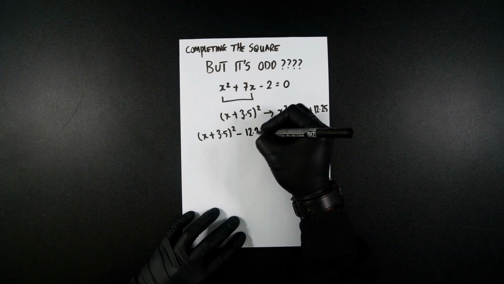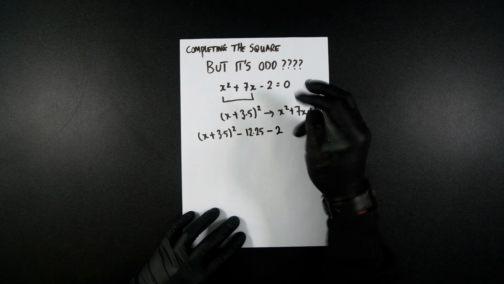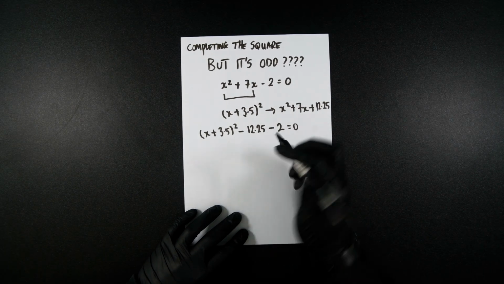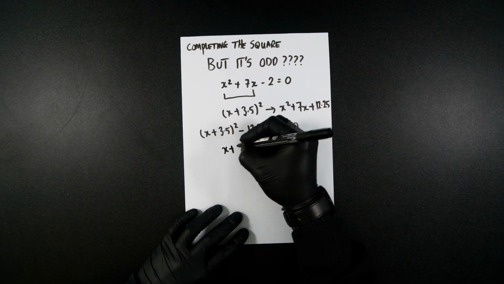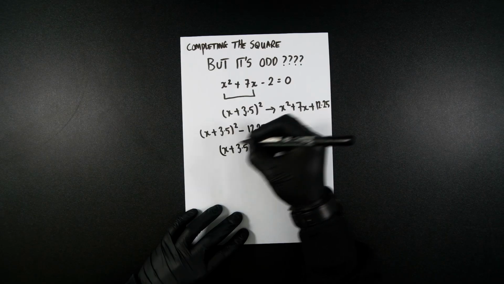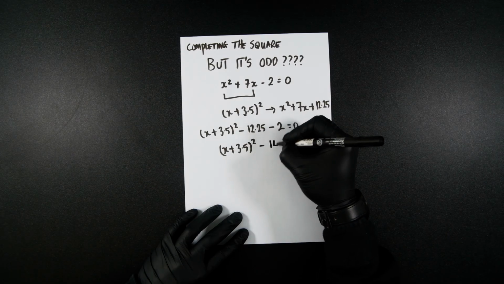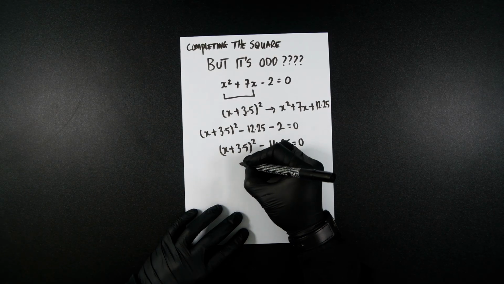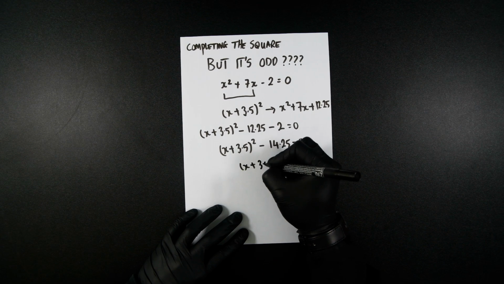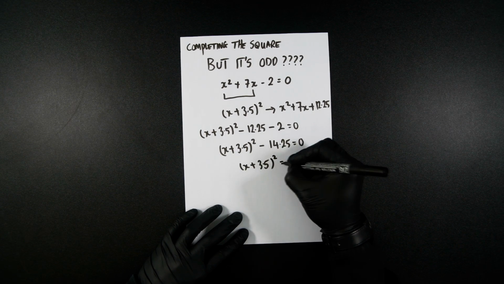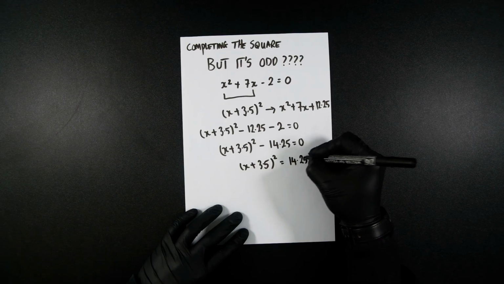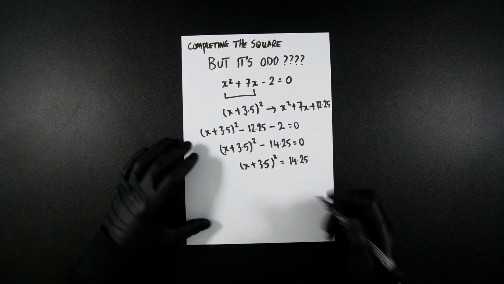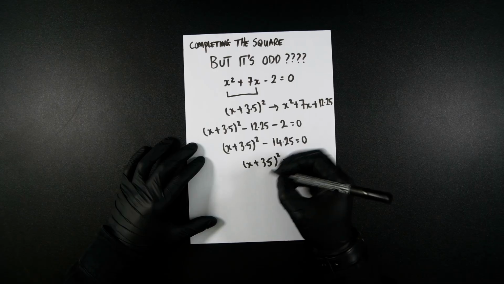minus 12.25 minus 2, not forgetting that, would equal 0. Now we can clean up this, so it's going to be x plus 3.5 all squared minus 14.25 equals 0. We can move this to the right hand side, so we'll have x plus 3.5 all squared, which equals 14.25. You now have to square root both sides, to eliminate this squared here,